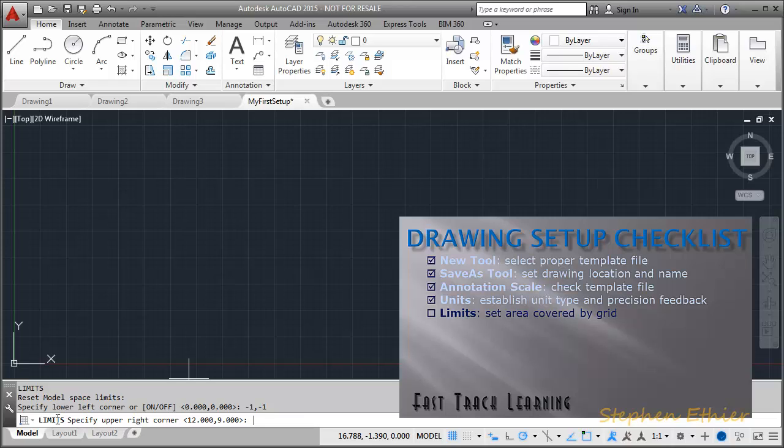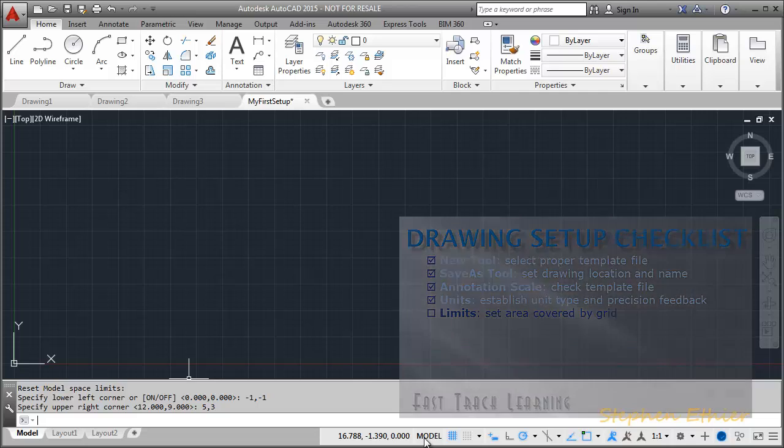Remember, the x-axis is the horizontal and the y-axis is the vertical. You don't have to enter all the decimal places if they are 0. 5, 3, enter. One last step is to see the area covered by the limits. To best see the effect, the grid needs to be visible and governed by the limits. Click on the down arrow next to the snap toggle